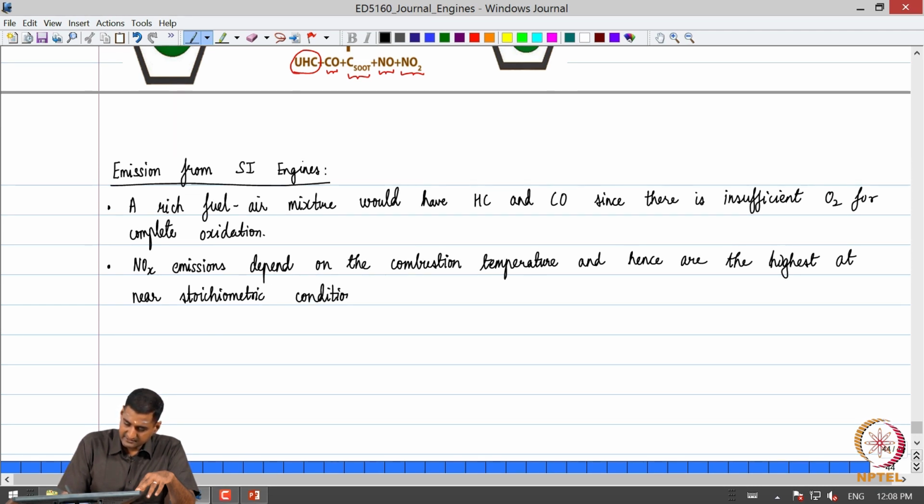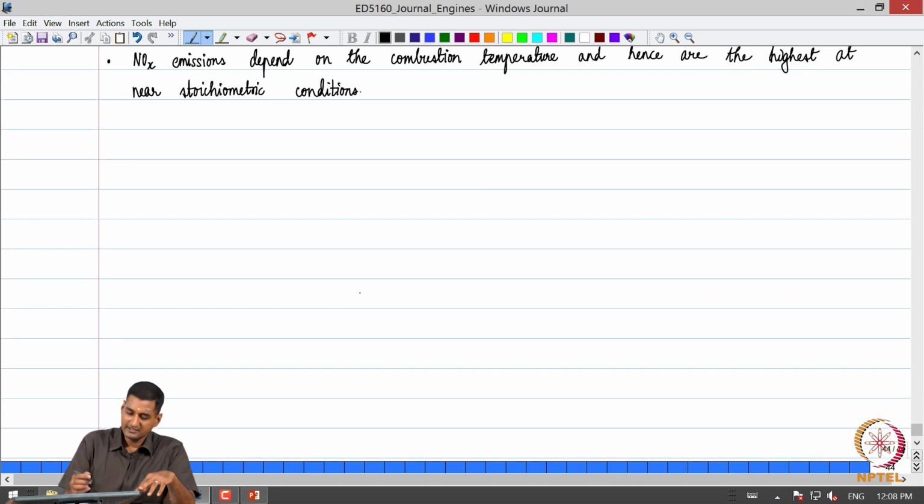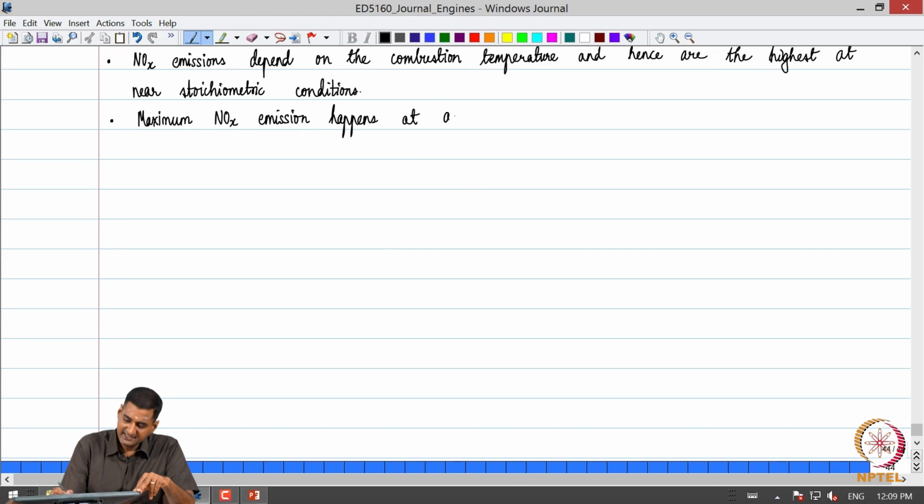Okay, that is when the NOx emissions become the highest. Of course, typically maximum NOx emission happens at a slightly lean condition. Okay. So, if you compare it, it happens at a slightly lean condition